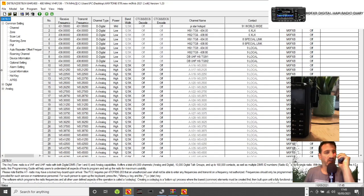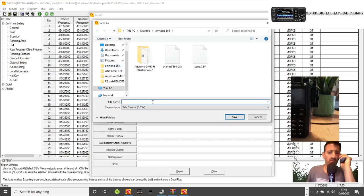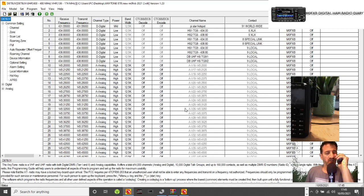The next one to export is click Tools, Export, then select Talk Groups, call the file Talk Groups. Yeah, Talk Groups called. Click Save, and then click Export, and that's now exporting all my talk groups. Oh, that was quick. That went really quick. So yeah, thanks for that. And then